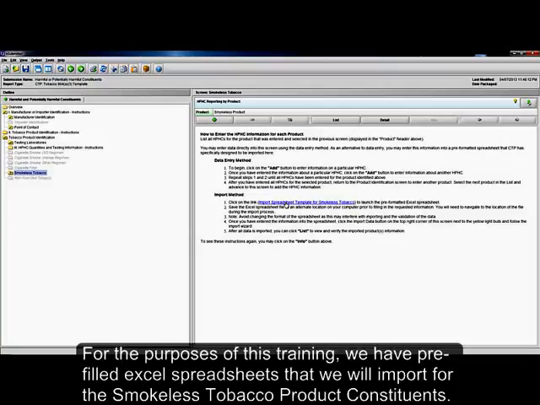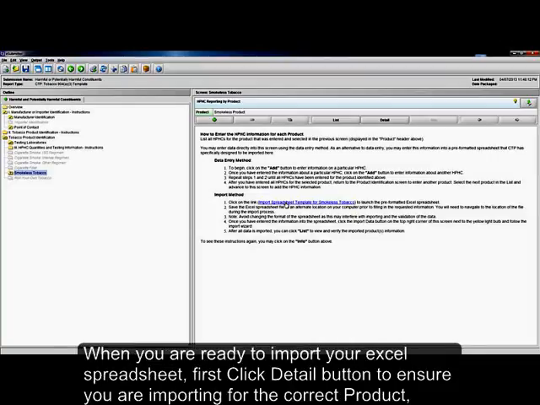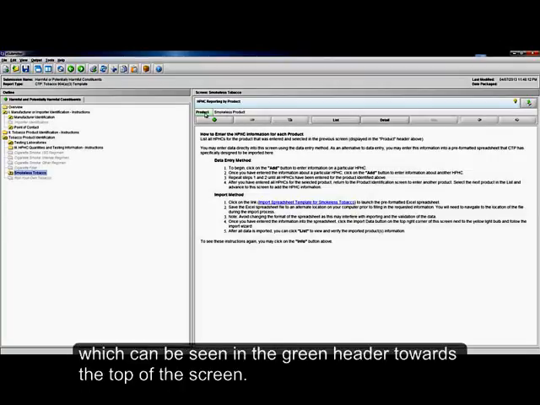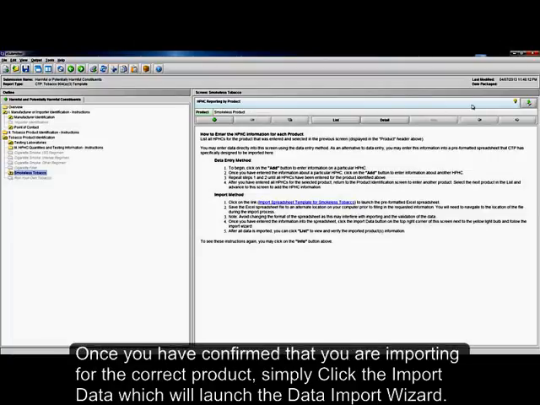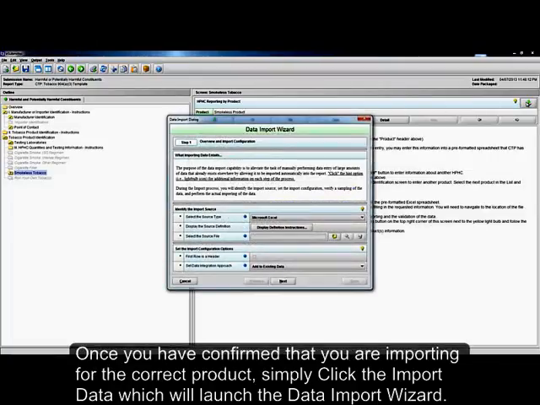For the purpose of this training, we have pre-filled Excel spreadsheets that we will import for the smokeless tobacco product constituents. When you are ready to import your Excel spreadsheet, first click the Detail button to ensure you're importing for the correct product, which can be seen in the green header towards the top of the screen. Once you have confirmed you're importing for the correct product, simply click the Import Data button, which will launch the